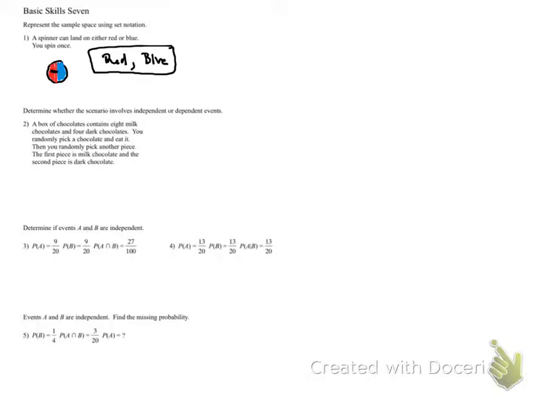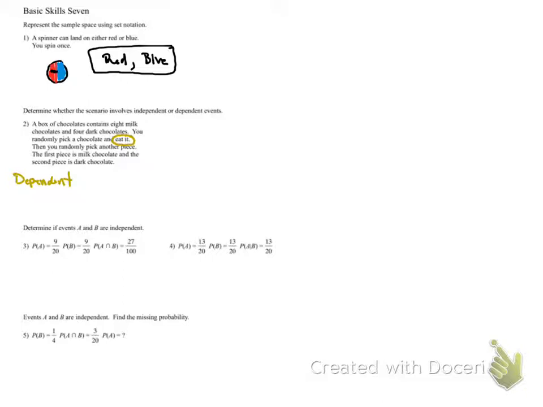Number 2. Determine whether the scenario involves independent or dependent events. A box of chocolates contains 8 milk chocolates and 4 dark chocolates. You randomly pick a chocolate and eat it. Then you randomly pick another piece. The first piece is milk chocolate and the second piece is dark chocolate. So this is considered dependent, and here's why. Because we ate the piece, it changes the second outcome,